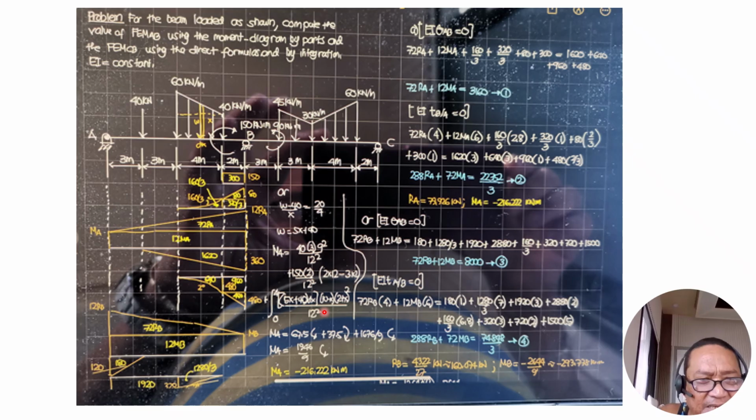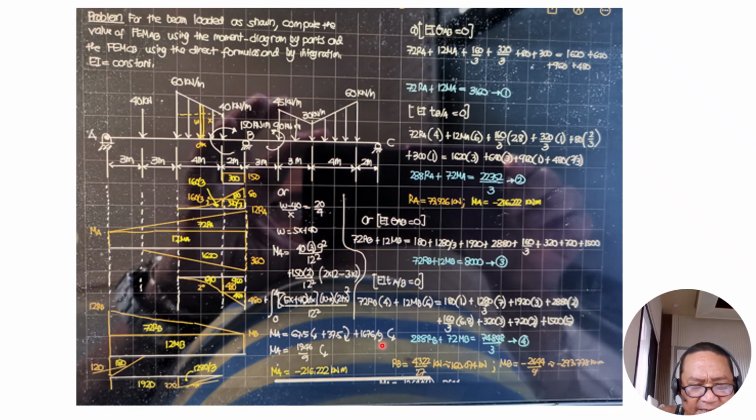Then b square, so b is the distance of the strip from the right end, and that is equal to 2 plus x. So that's why we have 2 plus x quantity square over 12 square. So evaluating, the first term is 67.5 counterclockwise. Second term due to couple is 37.5, which is clockwise. And the third term is counterclockwise, and that is equal to